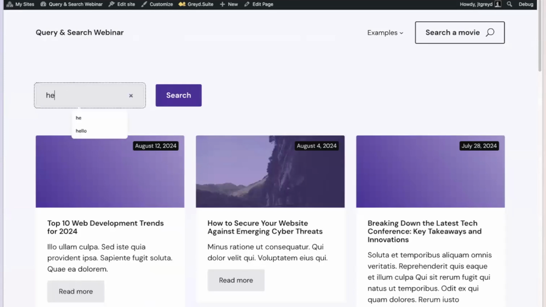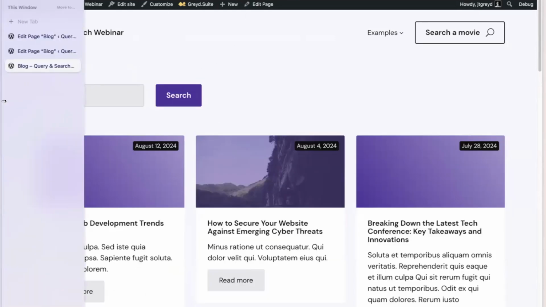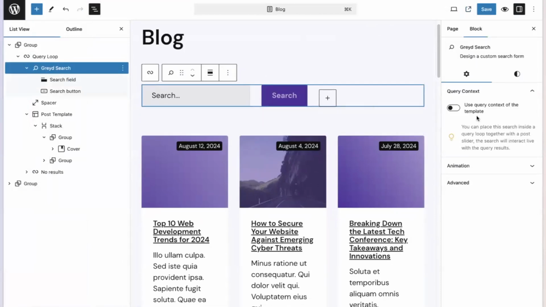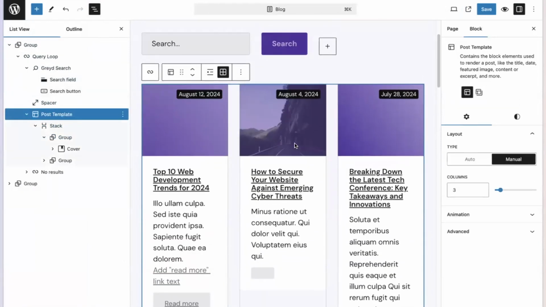If I type in anything, nothing really changes. Why? Because this search block by default just goes to the search page. If I click now, it goes to the search results page. This is pretty much the capability you had before. And why is that this way? Let's take a look at this page behind there. This is not interacting with the results, and it actually says it right here, because this is just a core post template block. So by default, if you just include a query loop, the post template block will be included.